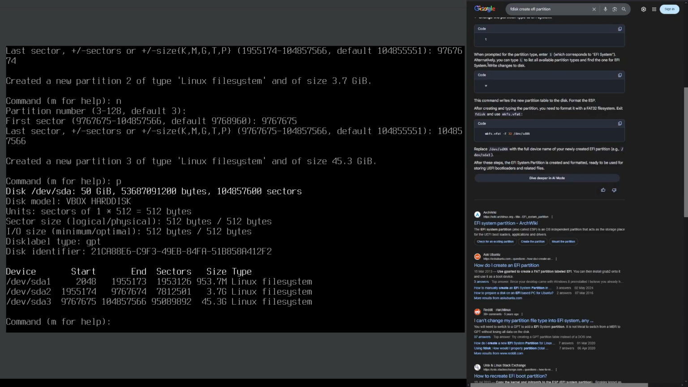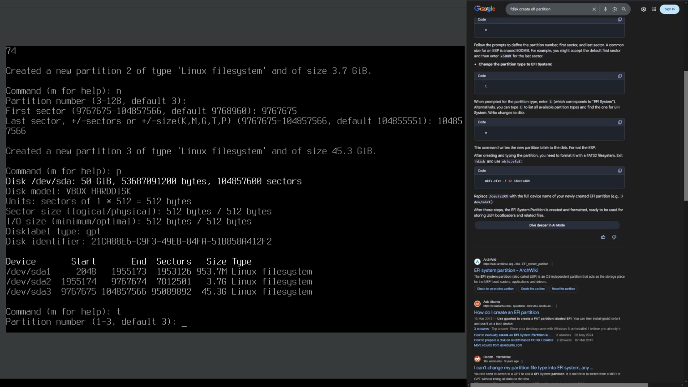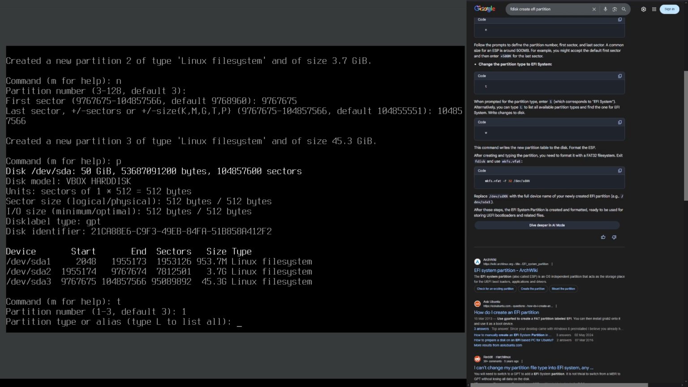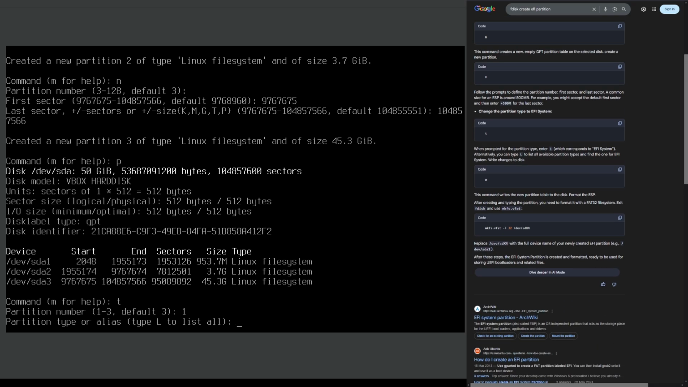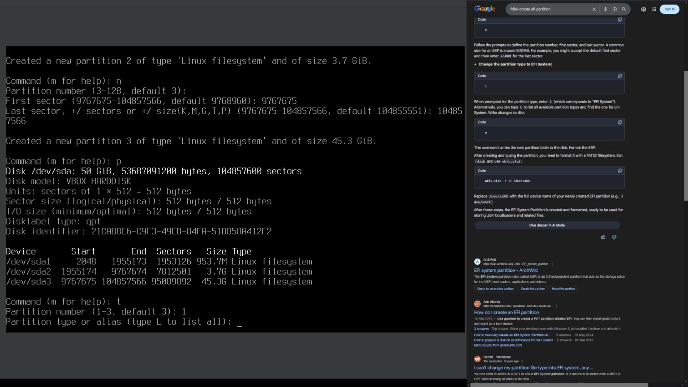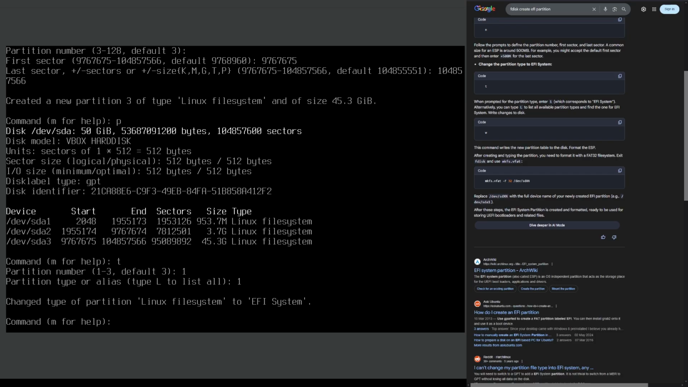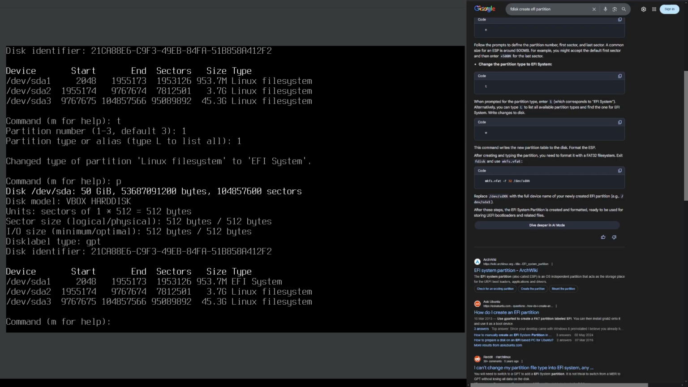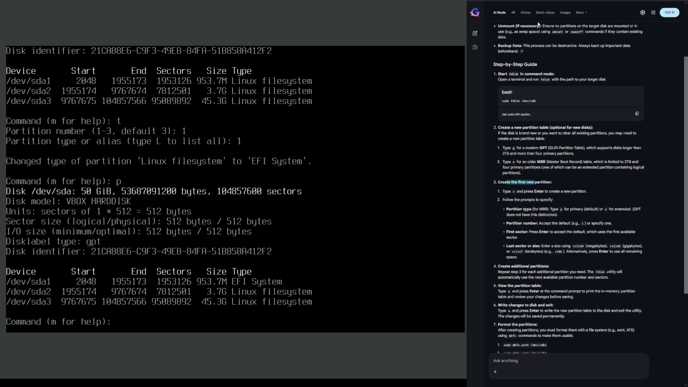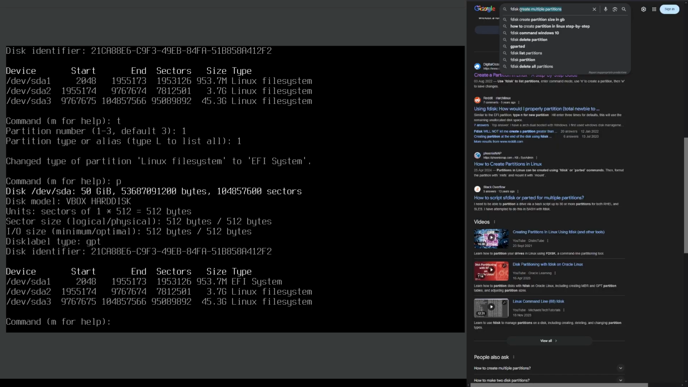Okay. Then we want to do T. We want to select 1, and we want to select partition type or alias. I don't know what the alias is. When prompted for partition type, press 1. Okay, so we press 1. Then we look at this. If we just double check here, if this is a swap partition,